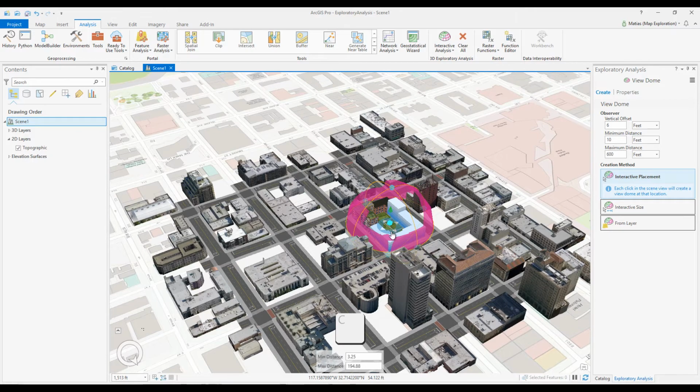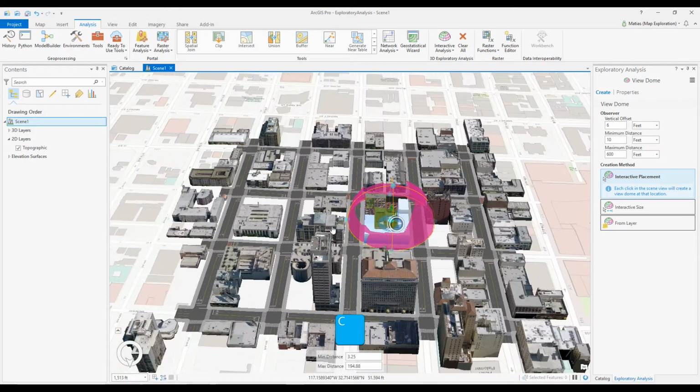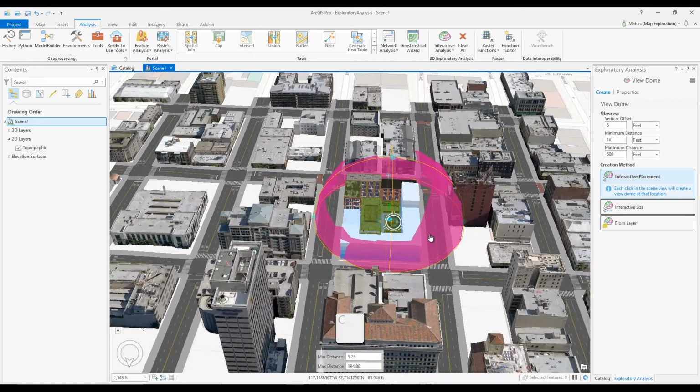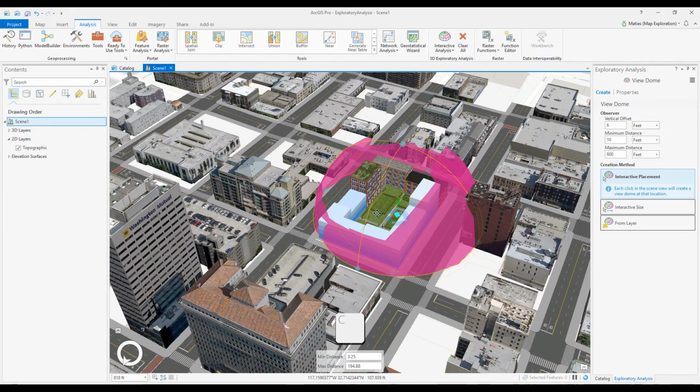While working with view domes, I recommend holding down the keyboard shortcut C to navigate without the need to switch between the Explore tool and the View Dome tool. By default, the view dome tints the dome in magenta for areas of the sky that are not visible to the observer. With those simple steps, I've interactively created and edited a view dome to visualize the impact of city buildings upon the inhabitants and their ability to view the sky.